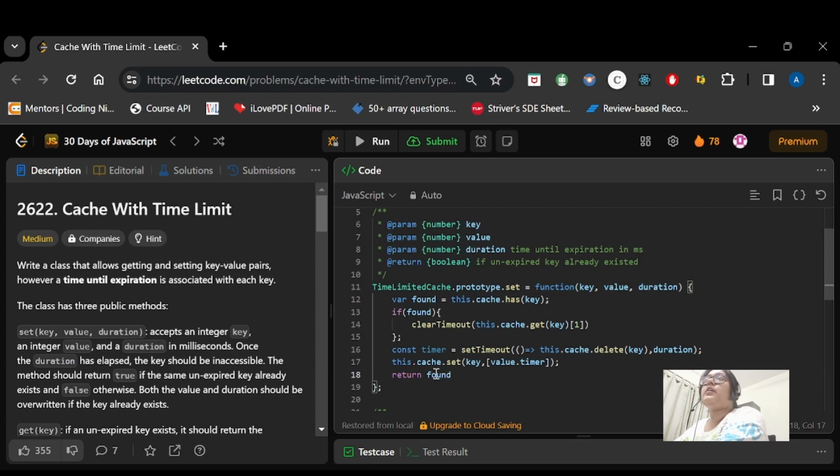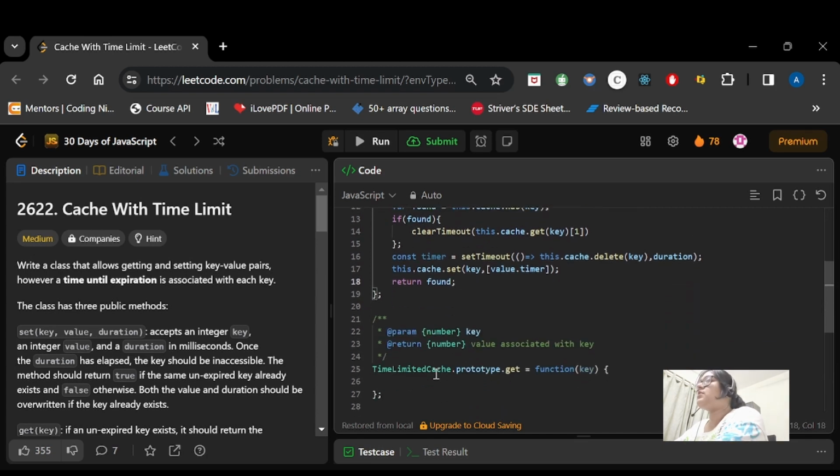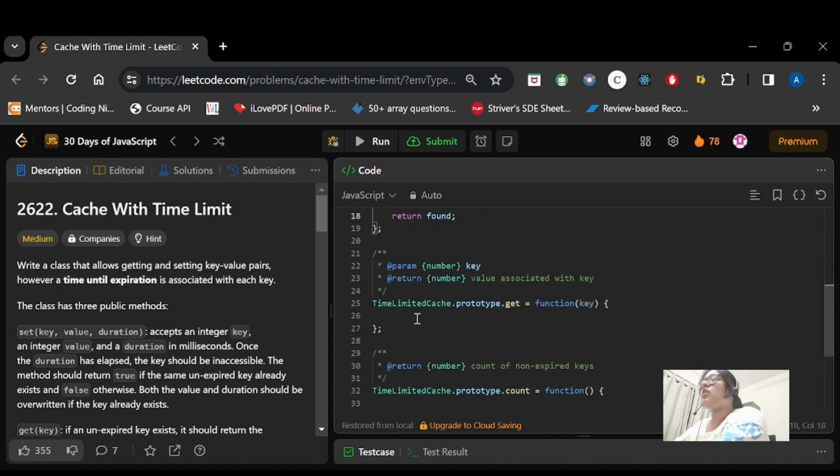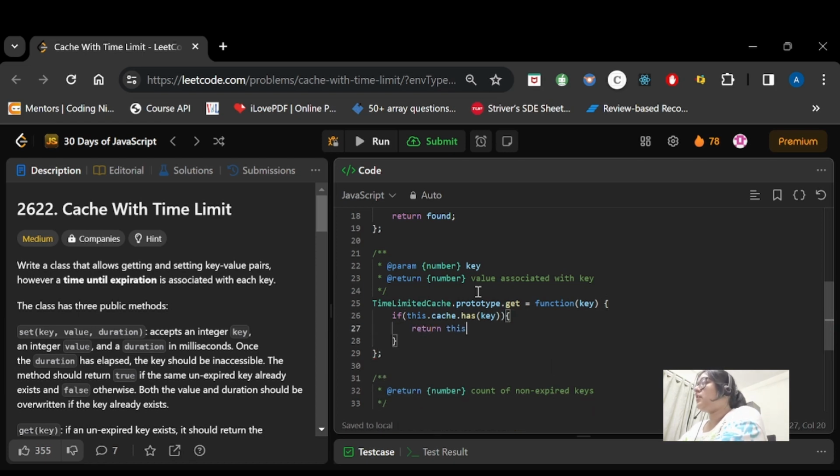Now we have get here. We have to check the same condition, whether the key is present or not. So we will check this.cache.has(key). If it has the key, then we need to get it and return the value. So we will return this.cache.get(key).